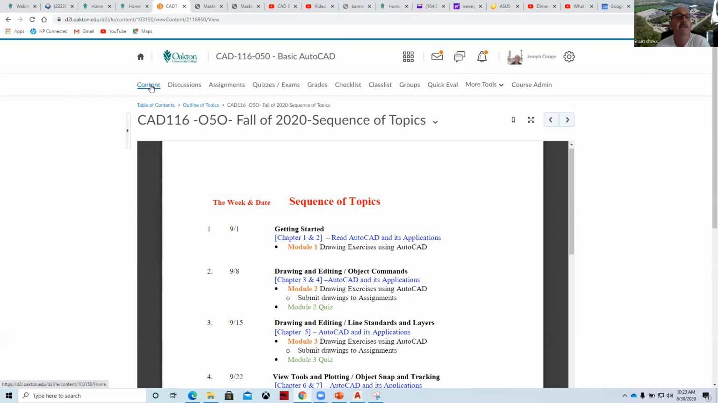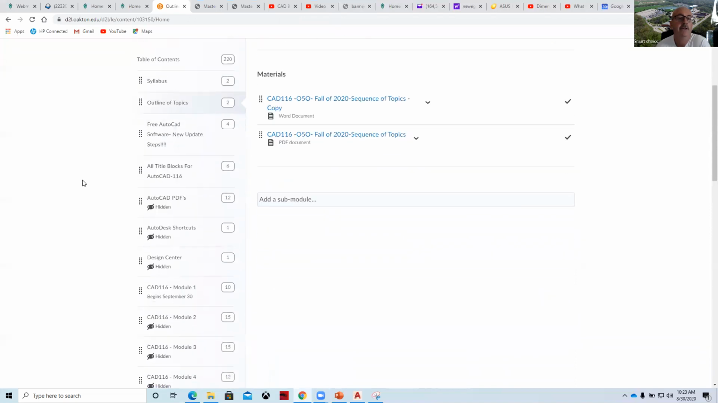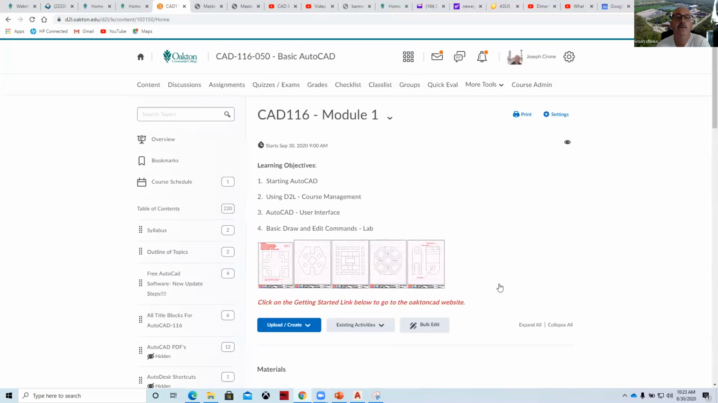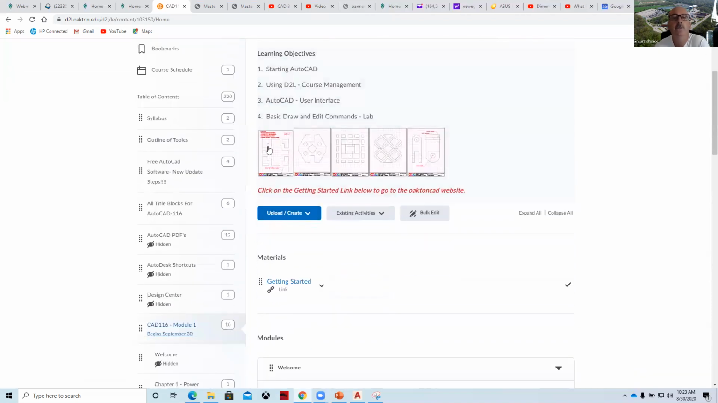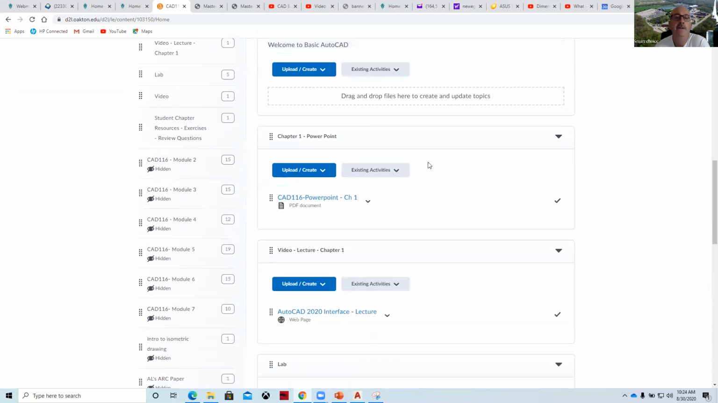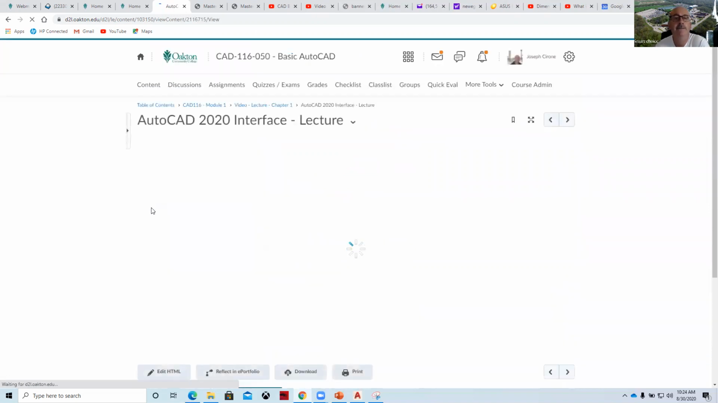As we get back to the contents and look at module 1, we've created videos for module 1 and how to do the exercises. In module 1, we're going to create 5 different title blocks, or 5 different plate drawings. And we have an interface lecture basically telling you how the interface works. If I click on it,